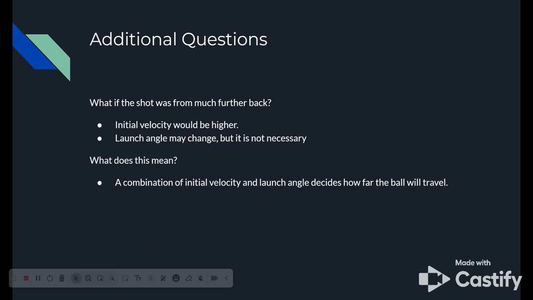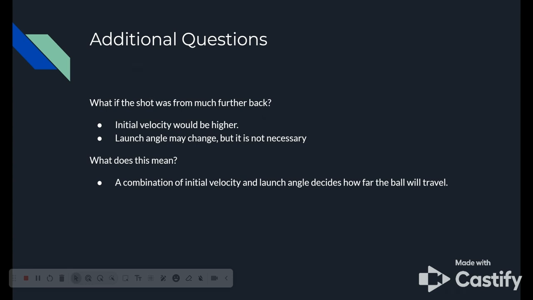So now it's time for an additional question. I created a question here like at the end of all these labs, and that's what if the shot was shot from much further back? For example, a full court shot or something like that. Well, obviously it's intuition that you would have to throw the ball harder, and this means that initial velocity would be higher. It also may be in your human instinct to throw this ball higher, and where this comes from is that